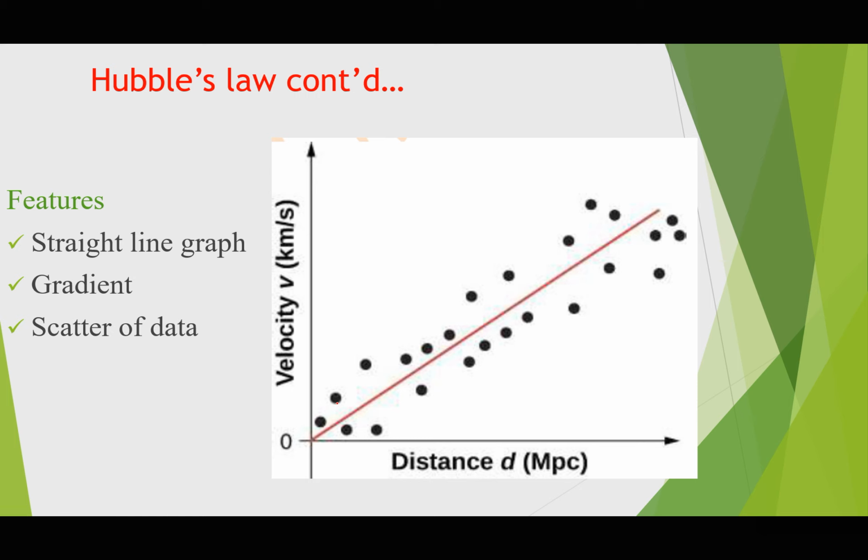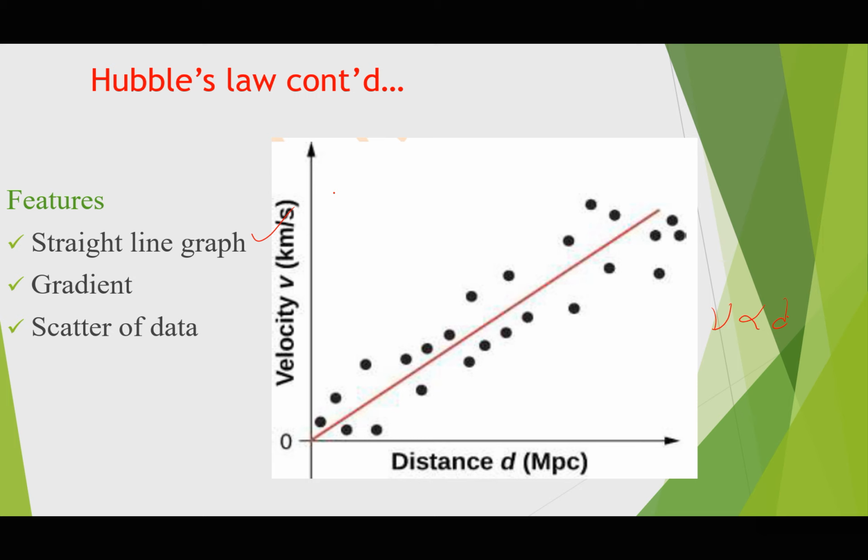The pattern in which these dots are arranged was actually giving us a line of best fit. So we could draw a line of best fit through the data obtained for the different galaxies. And a straight line, of course, would indicate that v, the recessional speed v, was directly proportional to d. So that is a straight line, which means v is directly proportional to d.